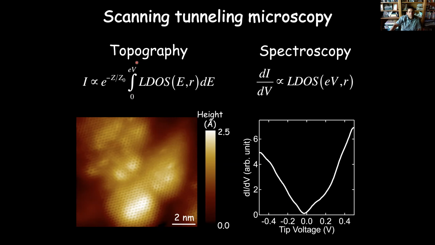And what you'll see here, this is for graphene. At the Fermi energy, graphene has a very low density of states, so this goes near zero. As you go higher in either the conduction or the valence band, the density of states increases, and in graphene's case, it increases linearly with voltage. So those are the two main modes that we can use for the scanning tunneling microscope.